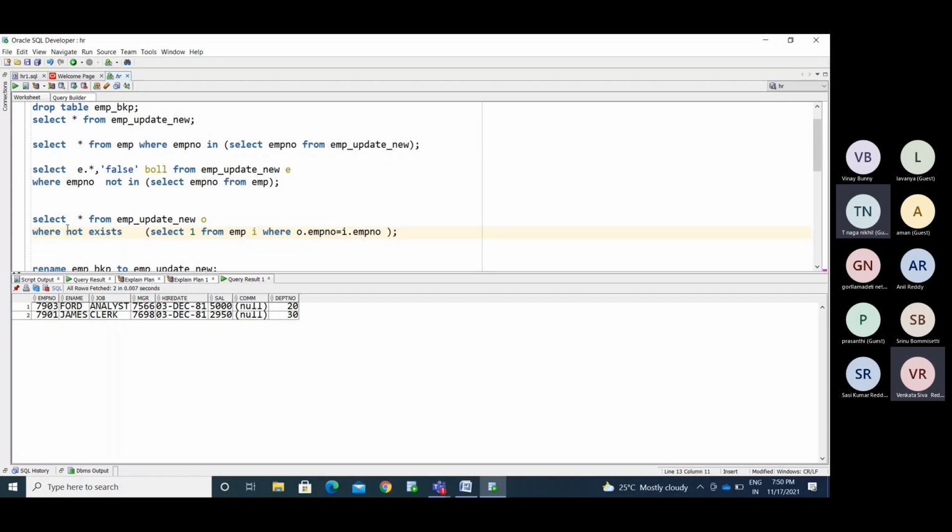it fetches the false values. Okay, so if you are using the IN operator, it deals with the actual values. If you are using the EXISTS operator, whatever values you are searching, if the value is present in the search list, it displays true for that: true, true, true. If it is not in the list, it displays false, false, false. So while retrieving, if you are using EXISTS, it displays all the true values. If you are using NOT EXISTS, it displays all the false values.